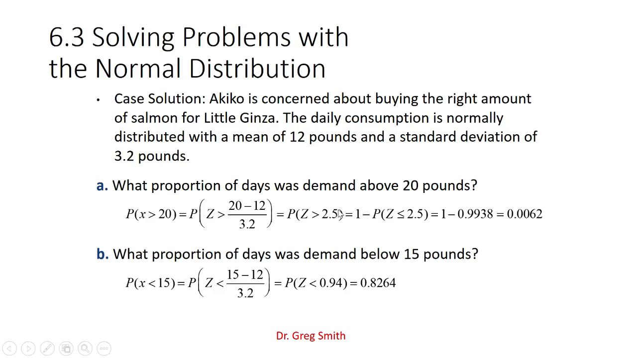Well, what proportion of the days was demand above 20? Well, 20 minus the 12, which is the mean, divided by the standard deviation, that's the number above. So I would like to know the probability that z is above 2.5. Well, that's way out, 2 deviations above, so it's going to be a really small probability. The problem is I can't use Excel to look up that way. So I'm going to use the complementary rule. I'm going to look down from z all the way down to negative infinity. So 1 minus the probability that z is less than or equal to 2.5,